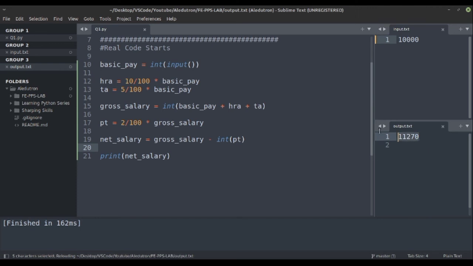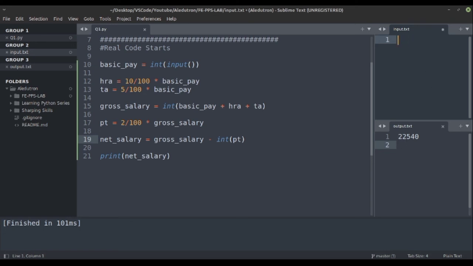You can see this would be the net salary of an employee who is getting a basic pay of 10,000. We can also change this value to 2000 or 20,000. Let's run this again. You can see an employee getting a basic pay of 20,000 would get a net salary of 22,540.